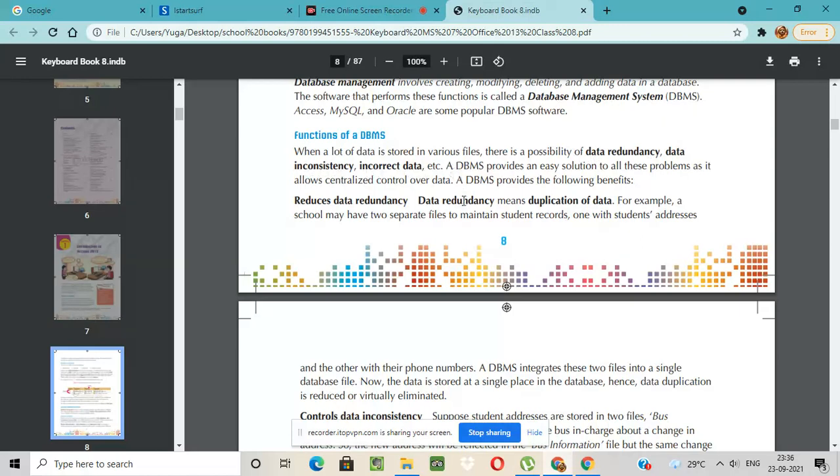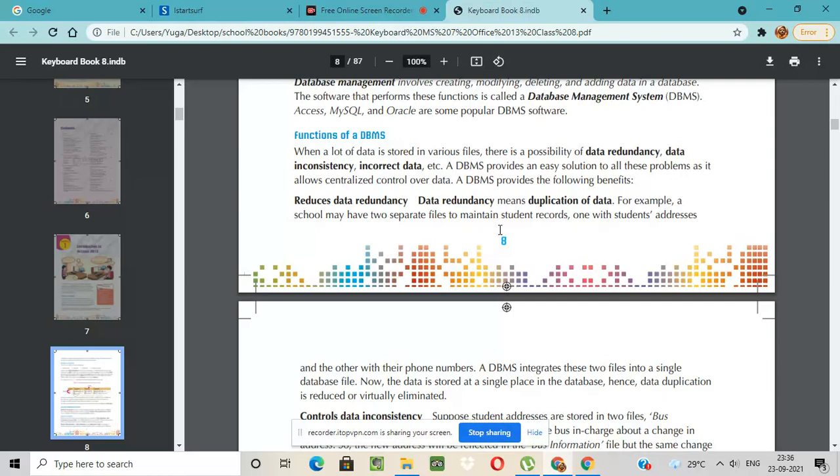So a DBMS provides an easy solution to all these problems as it allows centralized control over data. A DBMS provides the following benefits: it reduces data redundancy. See, data redundancy means the duplication of data, where you copy the data and make duplicate data as it is.